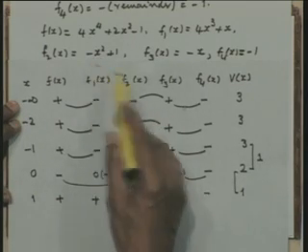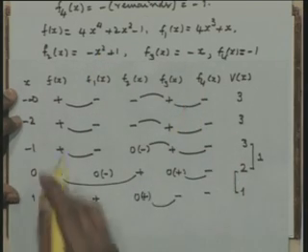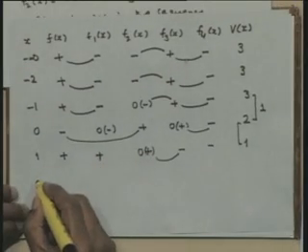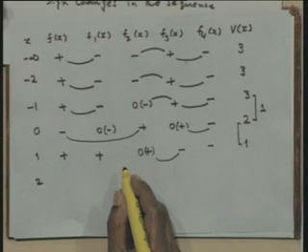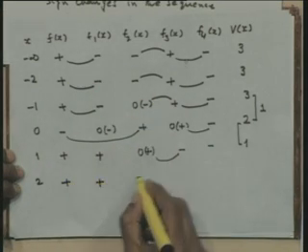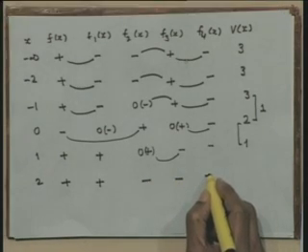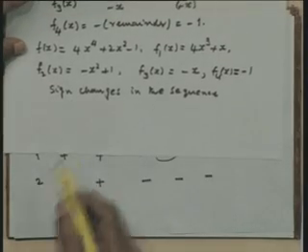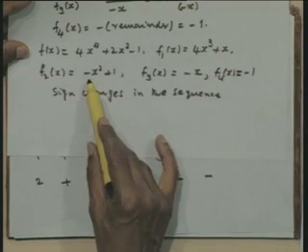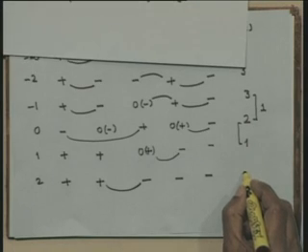Again, we already checked that when mod x is greater than 1, the signs do not change. Therefore, I can immediately go ahead and have the same result that we have over here. I can put 2 here now and then write down the signs that we have earlier. This is going to be a plus sign, a plus sign, a negative sign, a negative sign and a negative sign. So, we can see that when x is equal to 2, this is a positive sign, this is a positive sign, this is a negative sign and a negative sign. So, I now got one change of sign only here.